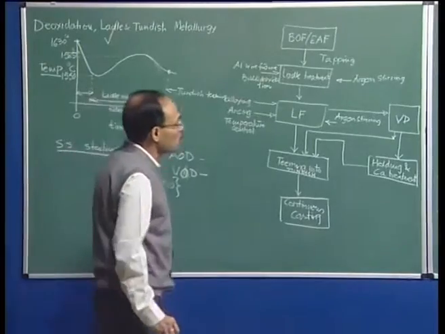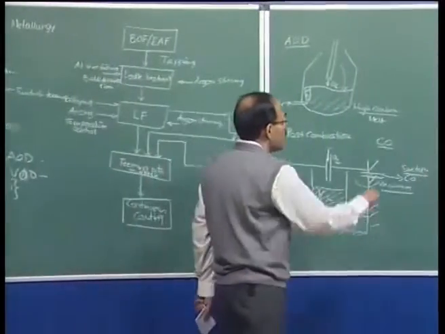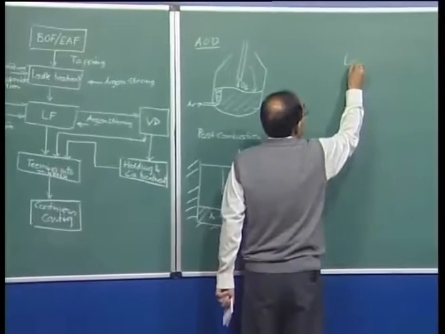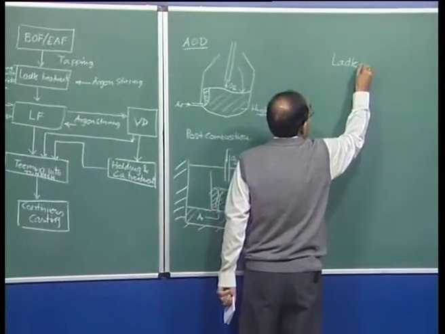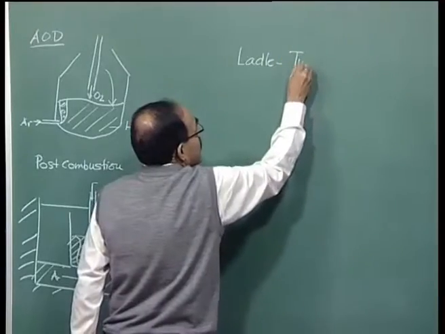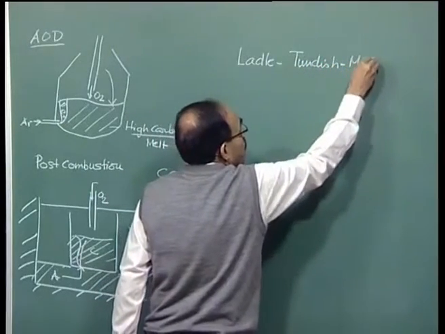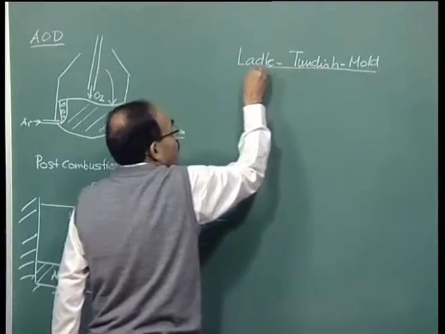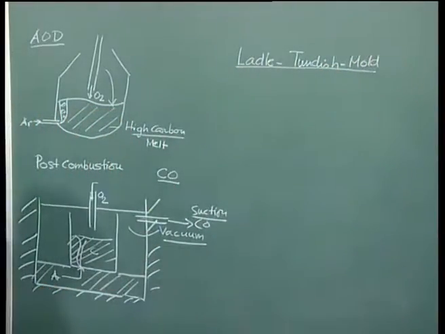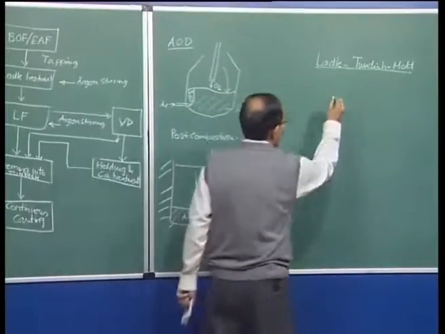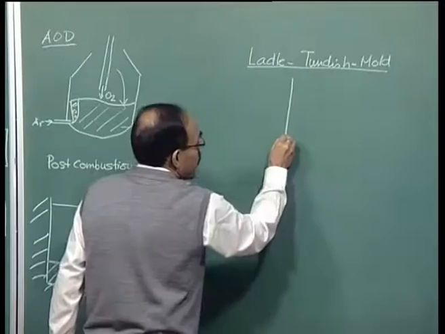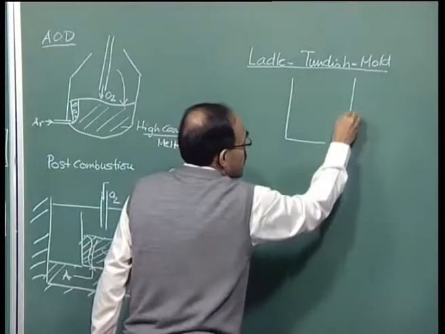Now, let me first draw a ladle, tundish, mold assembly, which is the essence. I will make a small drawing and then introduce some of the terminology. So, the ladle which contains the molten metal,